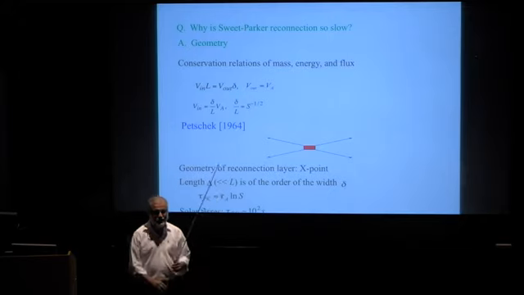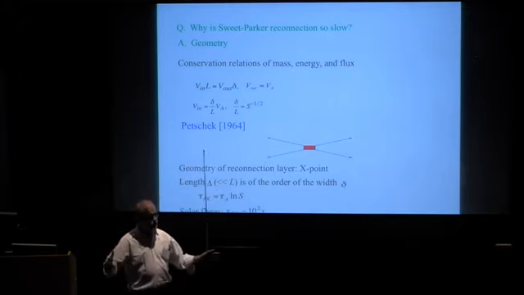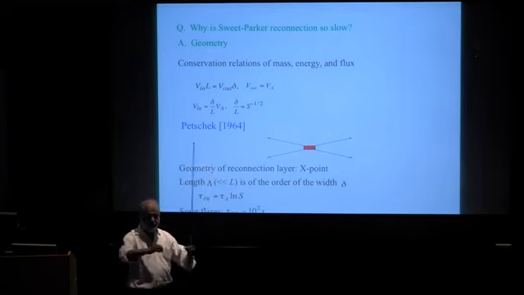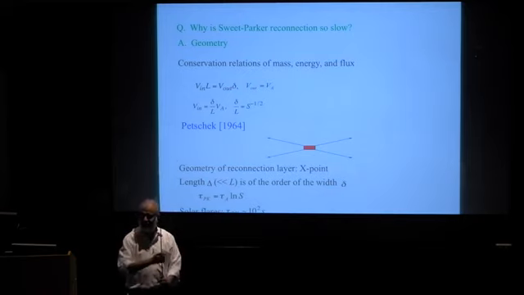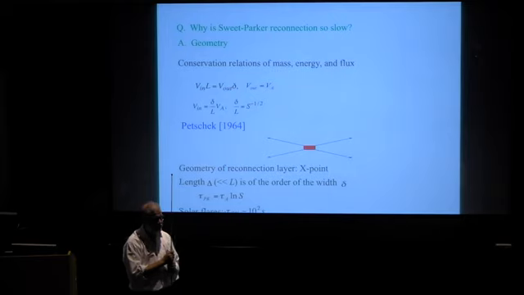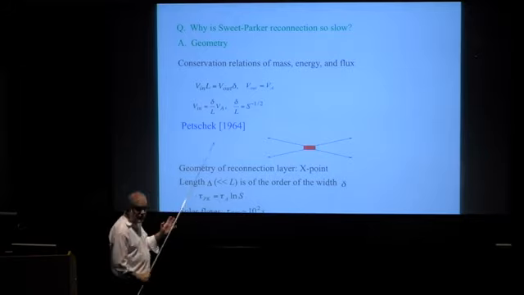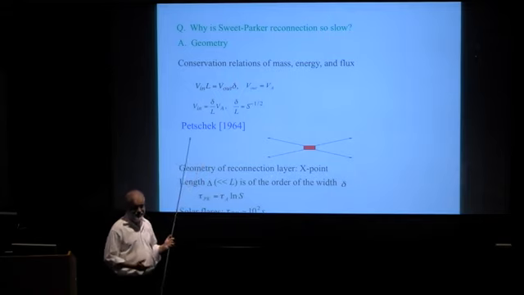And so he said, set up things in such a way, through shocks and external boundary conditions, that you take this Sweet-Parker current sheet and shrink it down where delta over L becomes comparable, then you will get rid of this awful dependence of delta over L scaling like 1 over S to the half and go much faster. So he cooked up a theory based on his understanding of hydrodynamic shock theory. And this is all analytical work, by the way. Back in the 1960s, we didn't have a lot of computers, and these guys were making major progress.